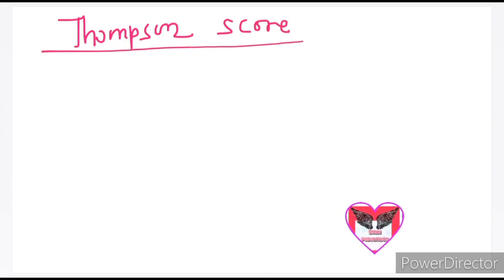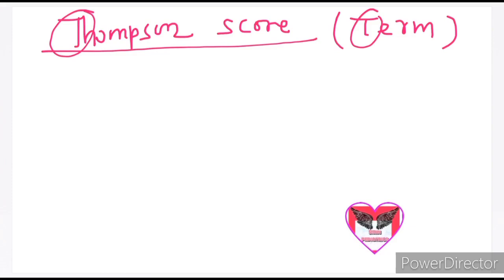Next we have the Thompson score. This score is very important, and we assess neurodevelopmental outcome with this score. This score is also used for term babies. T for Thompson, T for term. So we have 0, 1, 2, 3 points and 0, 1, 2. So here is some confusion. Remember the mnemonic and you can easily remember.